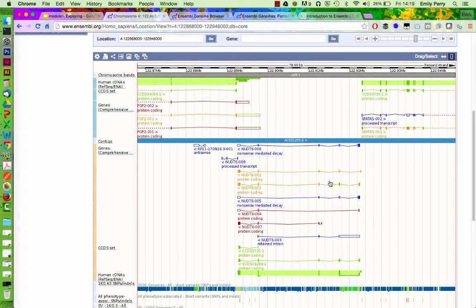So our genes are shown top and bottom. And the genes that are shown at the top are positively stranded, and the genes that are shown at the bottom are negatively stranded. We've also got some other positive and negative stranded features, so the cDNAs, the CCDS, we've got them at the top, but also at the bottom. Things like the chromosome bands, they're not stranded, so they're shown at the very top.